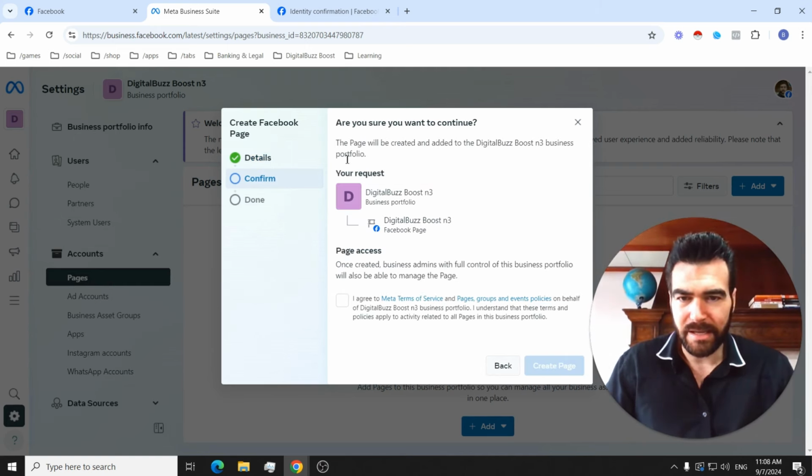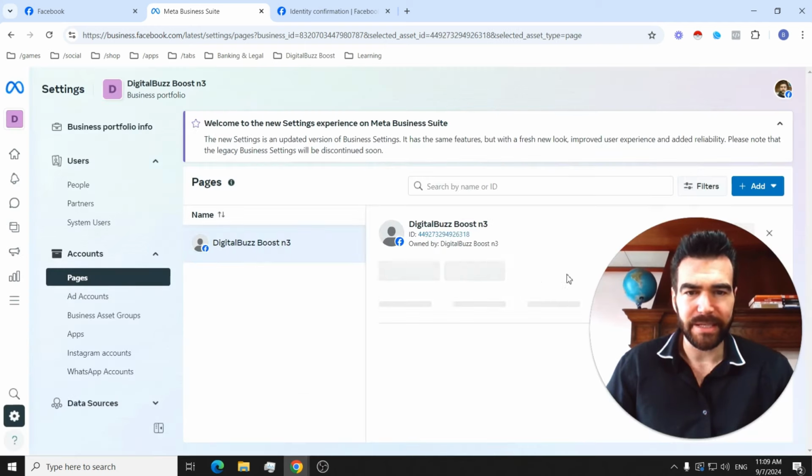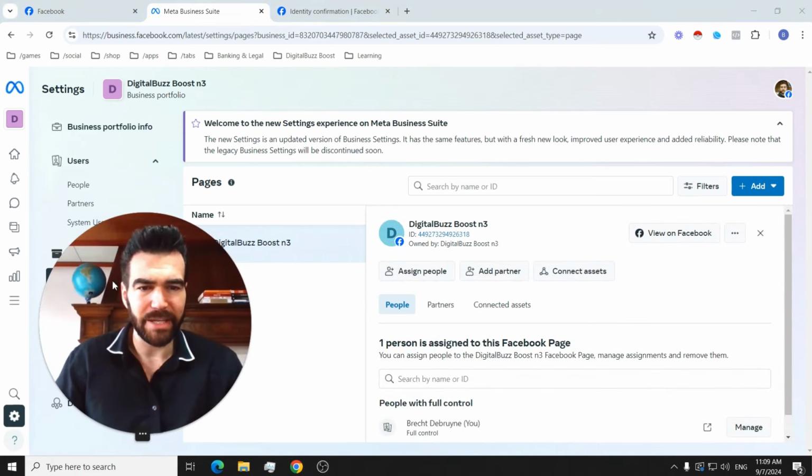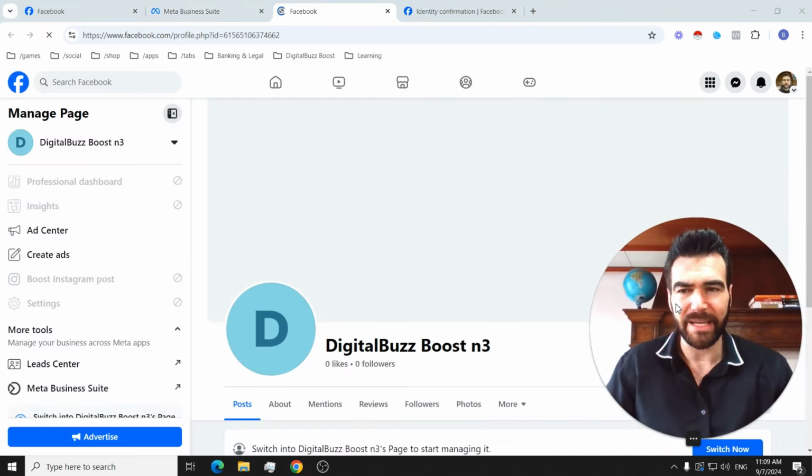Now, we're going to create this page, agree to the terms of service, create a page. And then when it loads, we should be done. Okay, it says it's created and added to the portfolio. So we're done. All right, cool. Now we have the page here. I would suggest to view this on Facebook, because here is where you're going to be able to